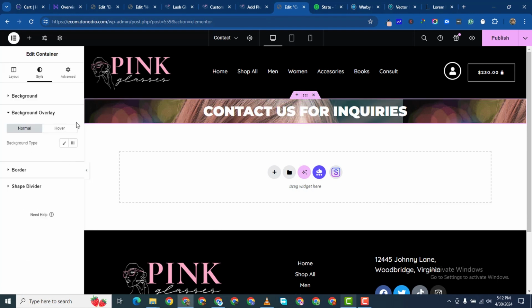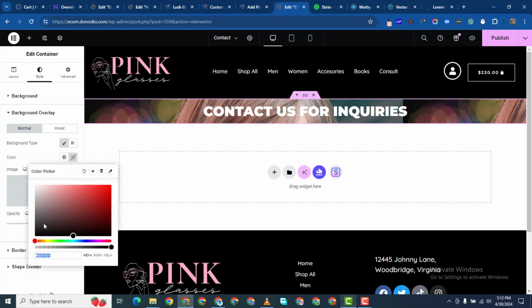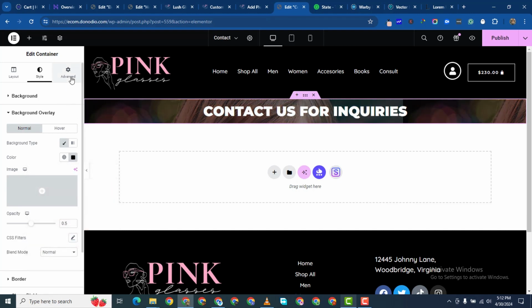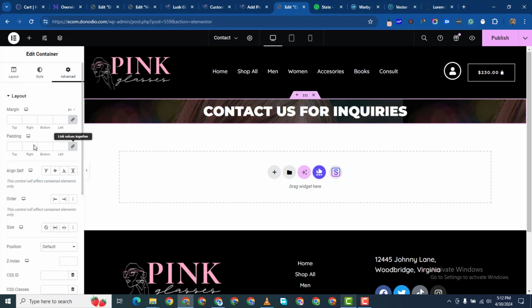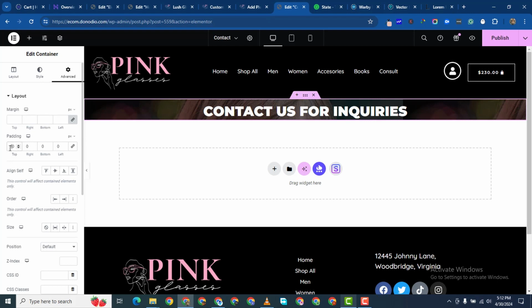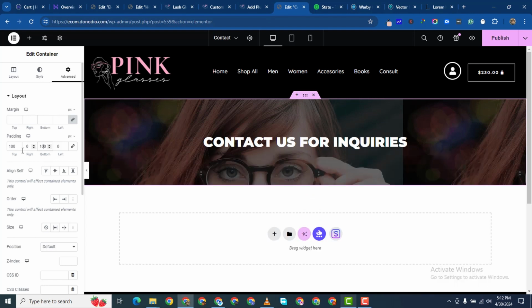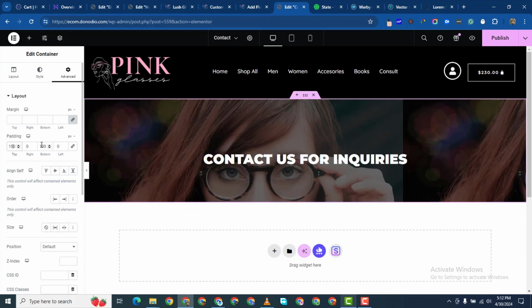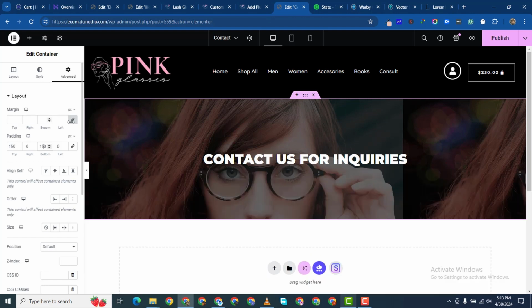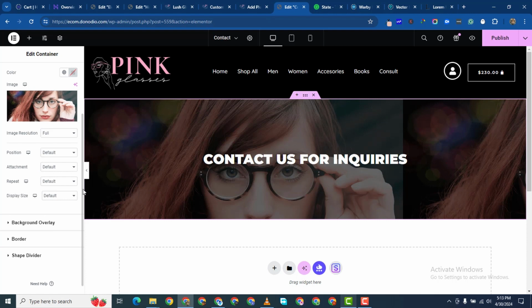Background overlay. And I'll make the opacity to be 0.6. Top 100, bottom 100. Actually, let me make this 150. And then I want to make the image,